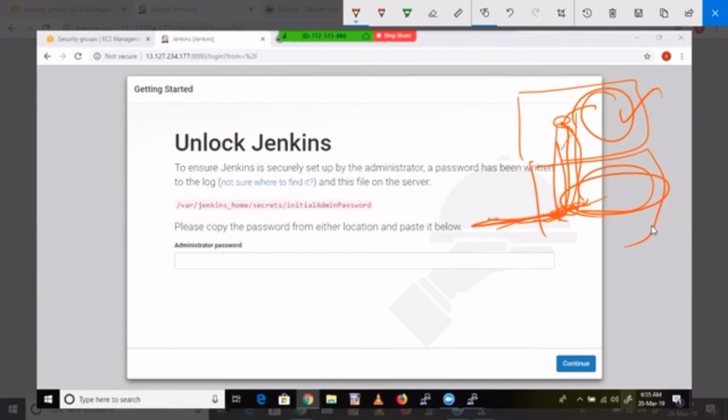Sai, one question. My base machine also has a Jenkins which is running on port 8080, and I have a container with the Jenkins image. We have also mapped the same port, 8080, with the base machine. So if I execute this IP address colon 8080, which Jenkins will start? Will the base machine Jenkins start, or the container's Jenkins? See here, first preference it will give to the base machine only. Okay, got it. First preference. If not, then it will give preference to the other.